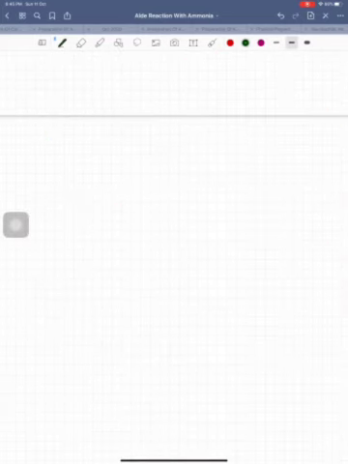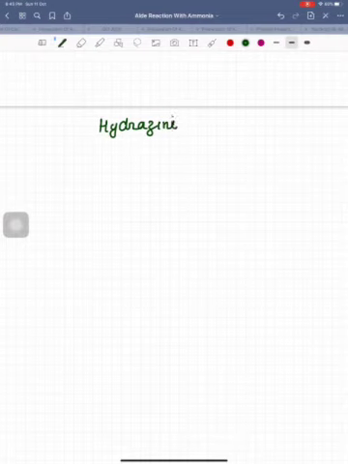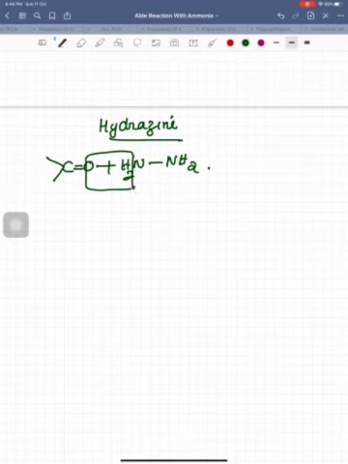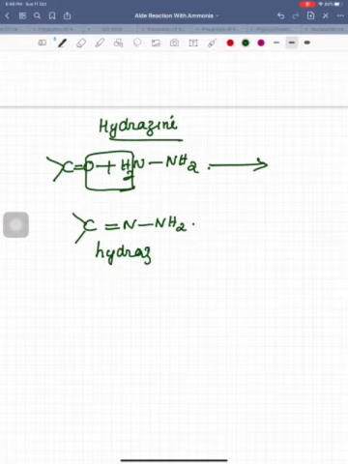Next, the chemical reaction of carbonyl compounds with hydrazine. Hydrazine is a very simple compound. It is NH2NH2. It is said to be hydrazine. This compound we are going to add to the carbonyl compound. As we discussed earlier, the same situation here. Remove water and you will get the product, C double bond N single bond NH2. Yes, this is the product formed here. The product formed here we name as hydrazone. Hydrazine we added here, and the product formed here is called hydrazone.